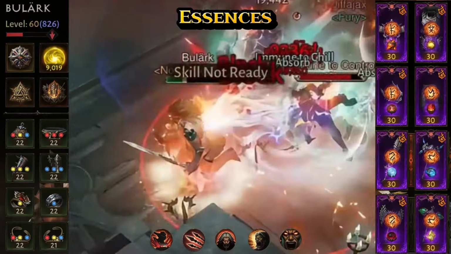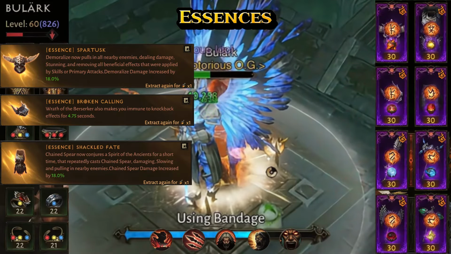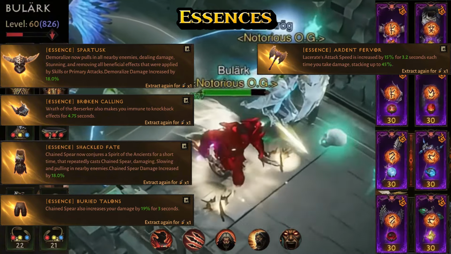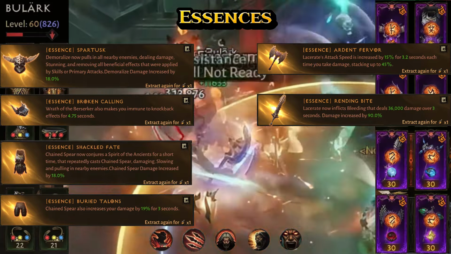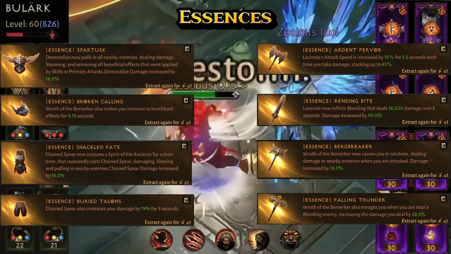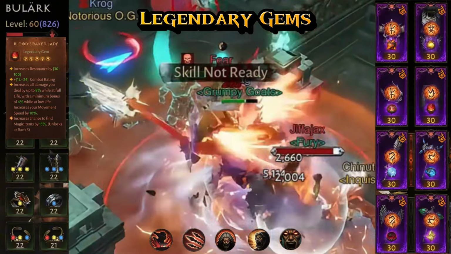For the helmet, shoulder, chest, and pants, we have the Spark Tusk, Broken Calling, Shackled Fate, and Buried Talons. On the main hand, we have the Ardent Fervor and the Rending Bite, while the offhands are the Burge Breaker and the Falling Thunder. Moving on to our legendary gems, of course we see the must-needed Blood-Soaked Jade, paired with